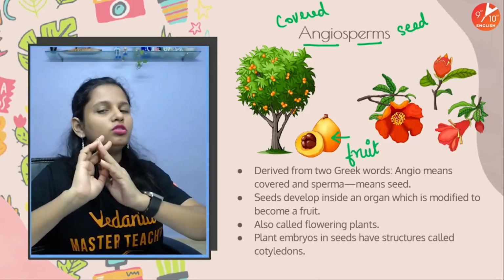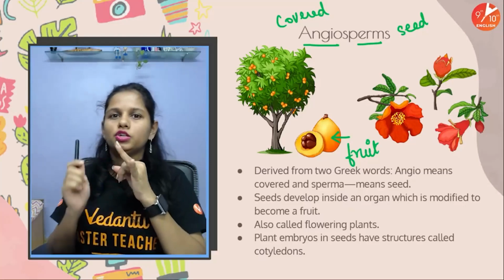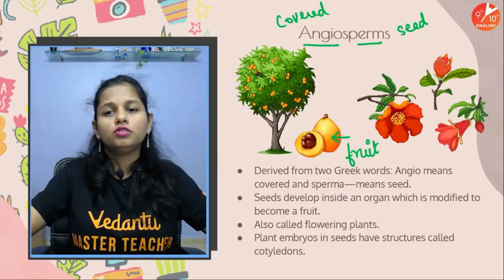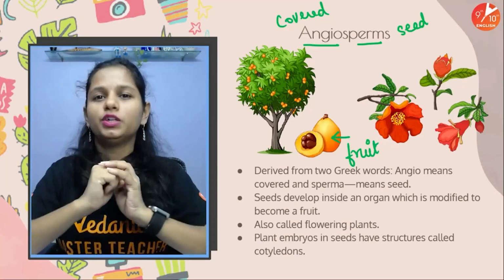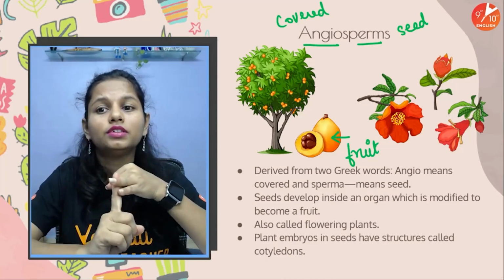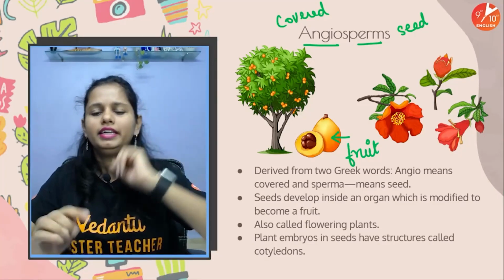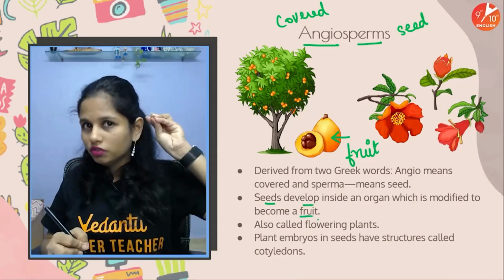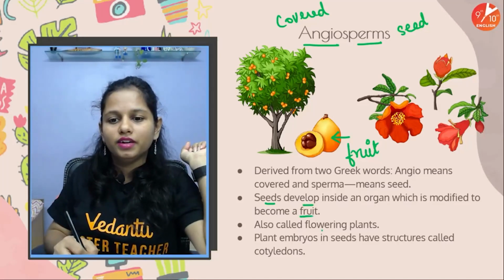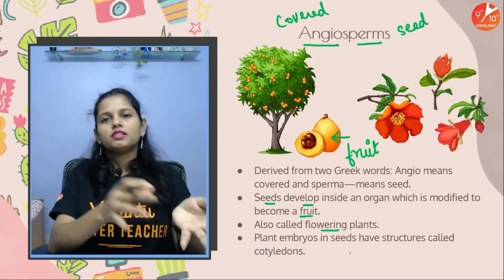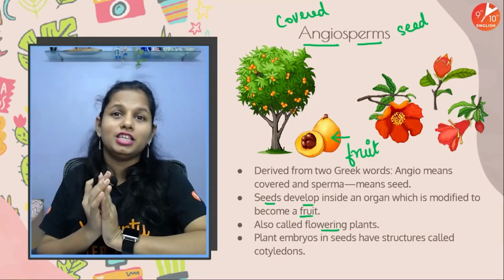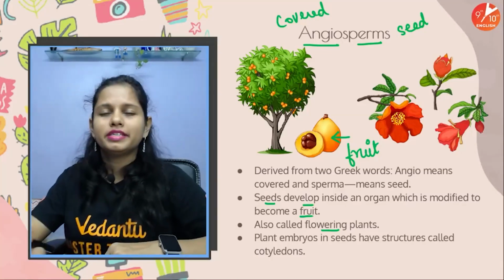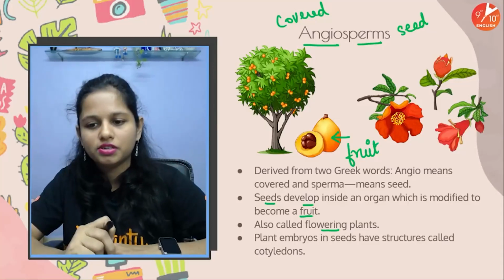The majority of the fruits that we consume, whether it's tamarind, mango, guava, lychee, all have seeds present within them. So seeds are covered by fruits, right? Seeds develop within fruits. These plants bear flowers, and that's the reason why they are called flowering plants. Flowers after fertilization transform into fruits. Basically, ovaries swell into fruits and the ovules develop into seeds, right?